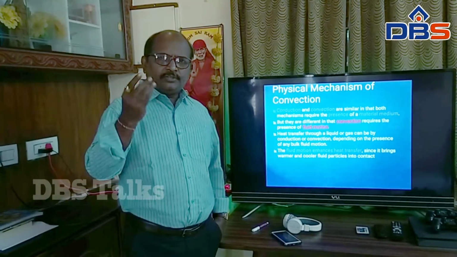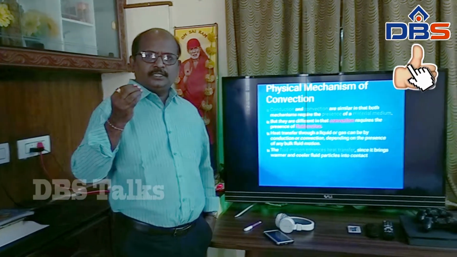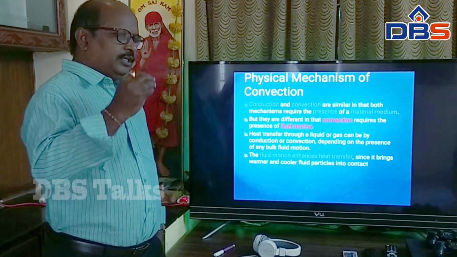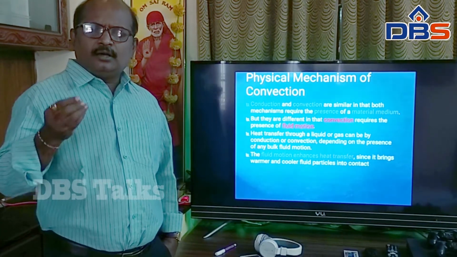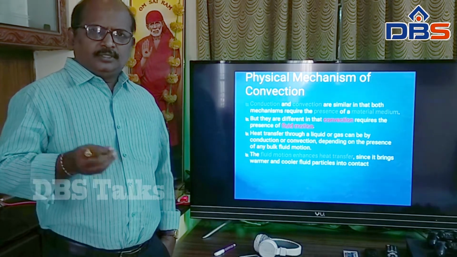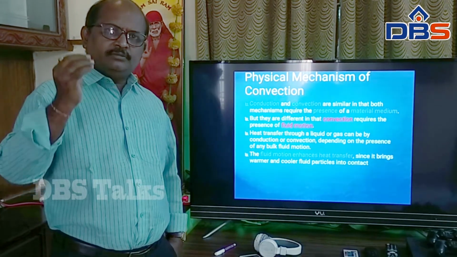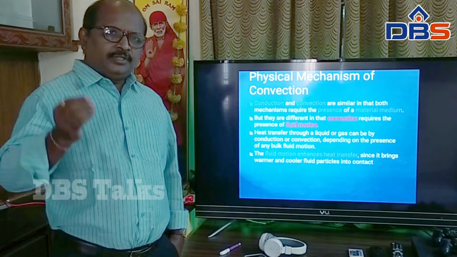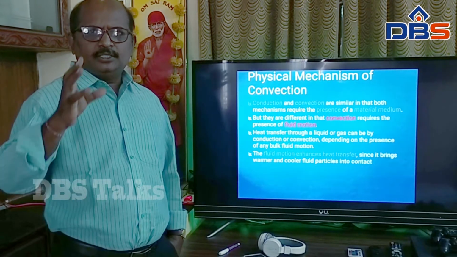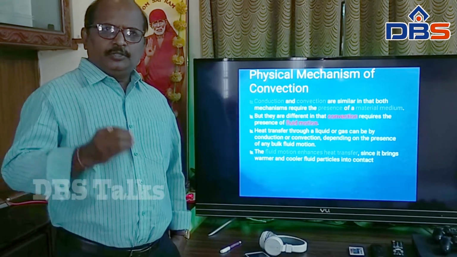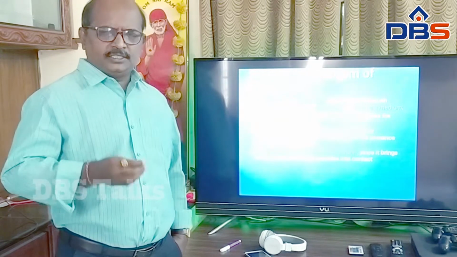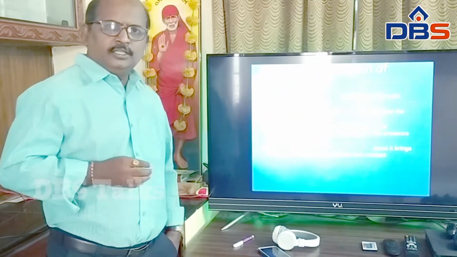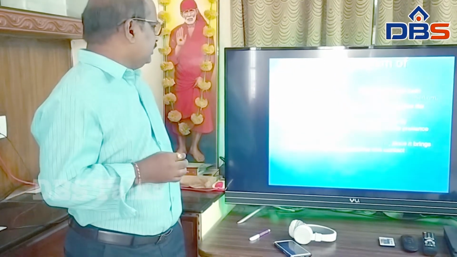The heat transfer in fluids we find as convective heat transfer. Fluids may be gases or liquids. The heat transfer in liquids and gases we can take as convective heat transfer. And coming to radiation heat transfer, no medium is required. Without any physical contact, there is heat transfer, which we take as radiation heat transfer. Today we discuss in brief convective heat transfer.